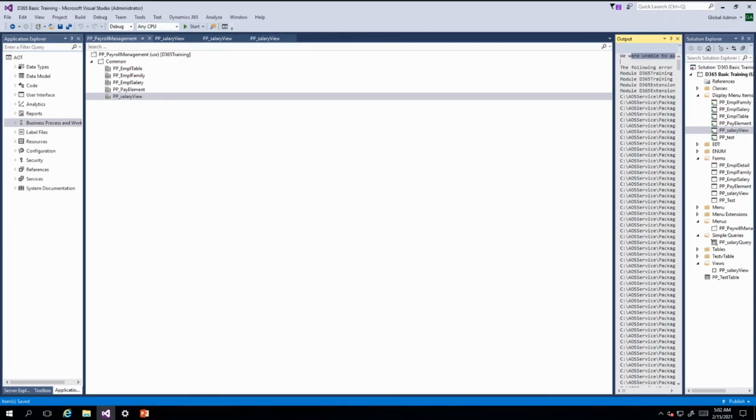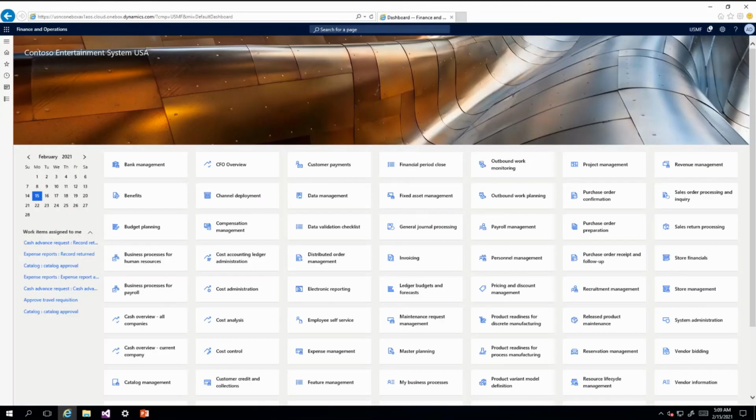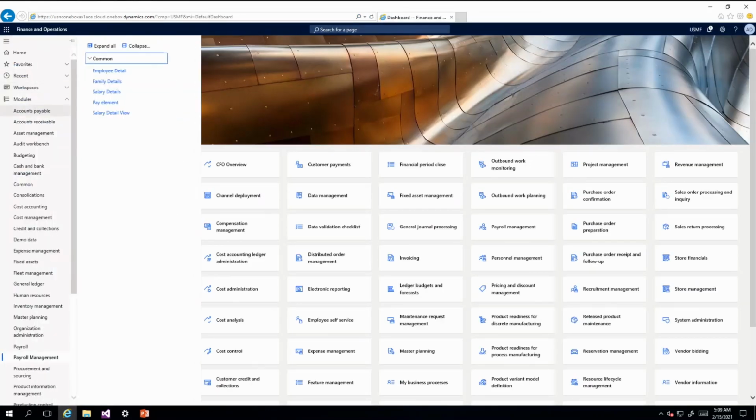So build is successful. Now I will refresh the browser. So now let me browse it. See, you can see our view is there added in the main menu, salary detail view.